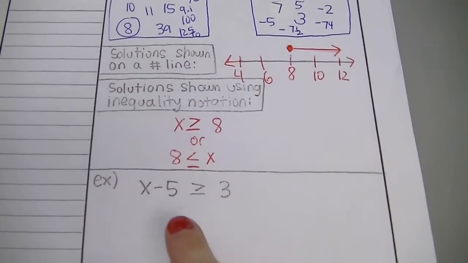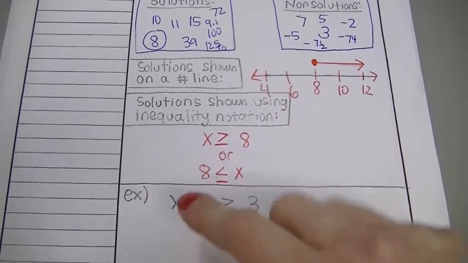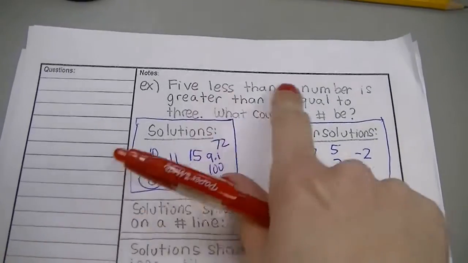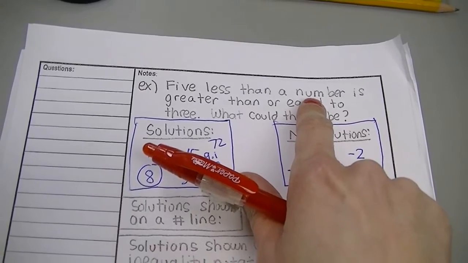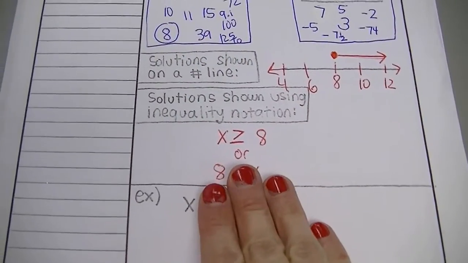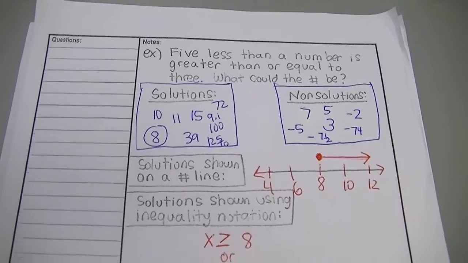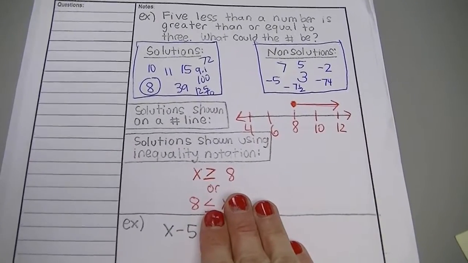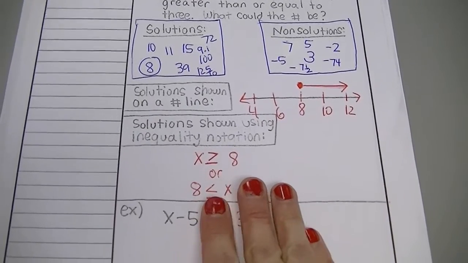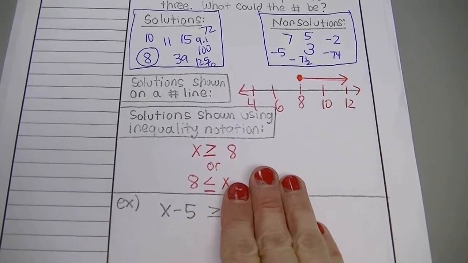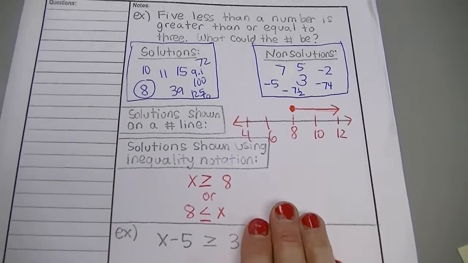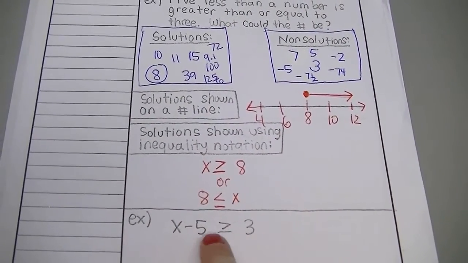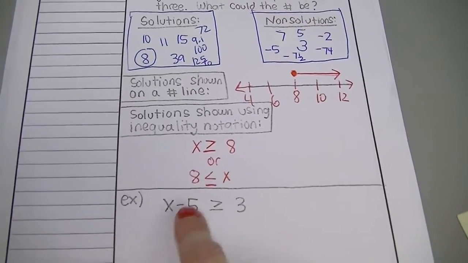All right, so now you're going to see this little example down here. And these all go together because I want you to look back up here. 5 less than a number. Do I know the number? Nope. There it is. 5 less than a number. Isn't that 5 less than a number? Good. And that's greater than or equal to 3. Isn't that greater than or equal to 3? Okay? So see how we are taking this little story problem and I wrote down an inequality right there to